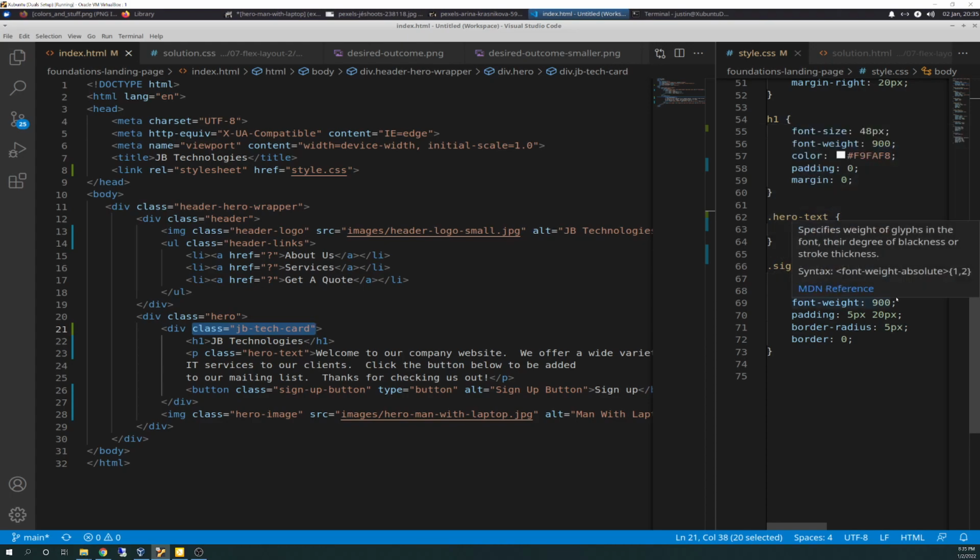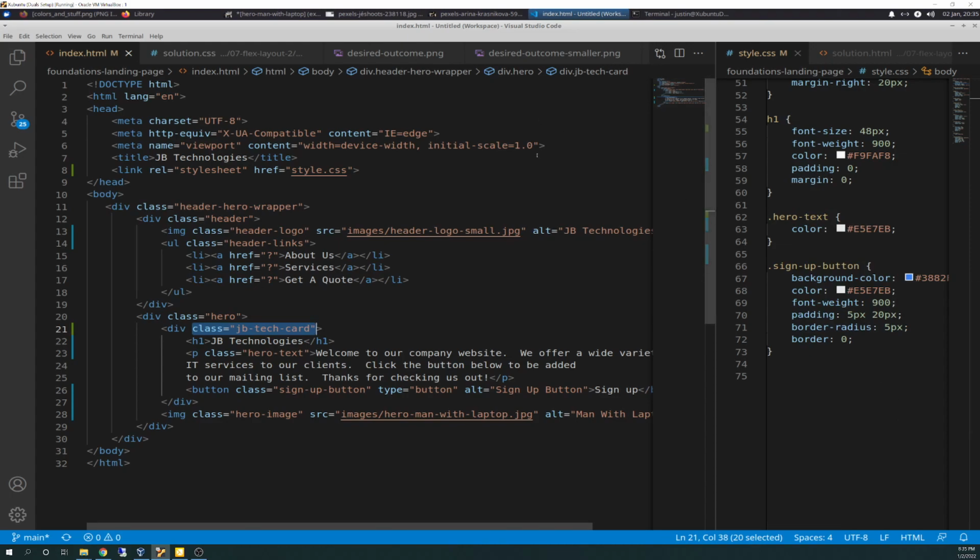Color, again, this is that same color we've been using for the text color that we seen above. Same font weight of 900, which is bold. Padding, I use 5 pixels and 20 pixels. And I came up with that because